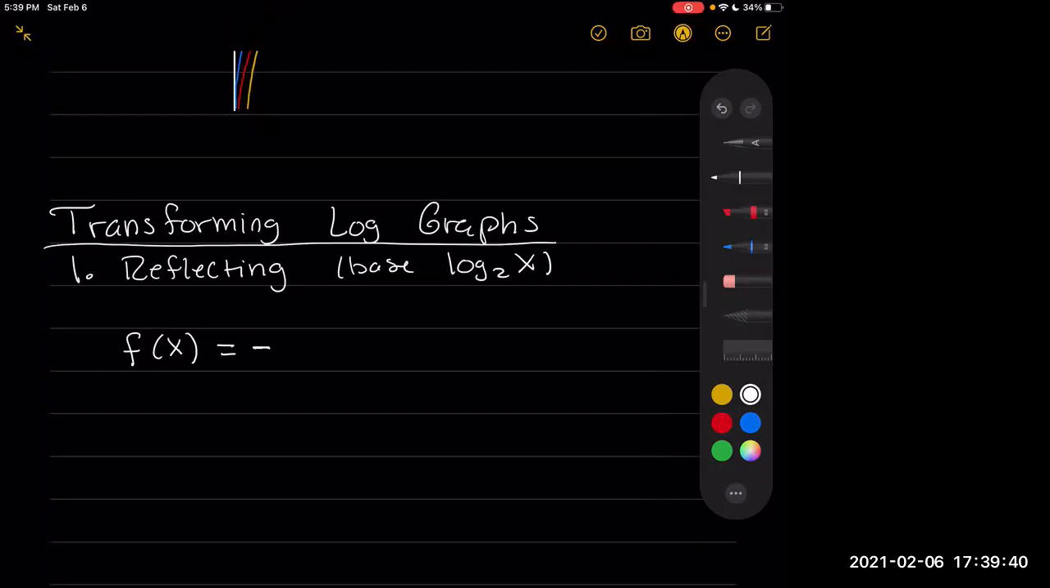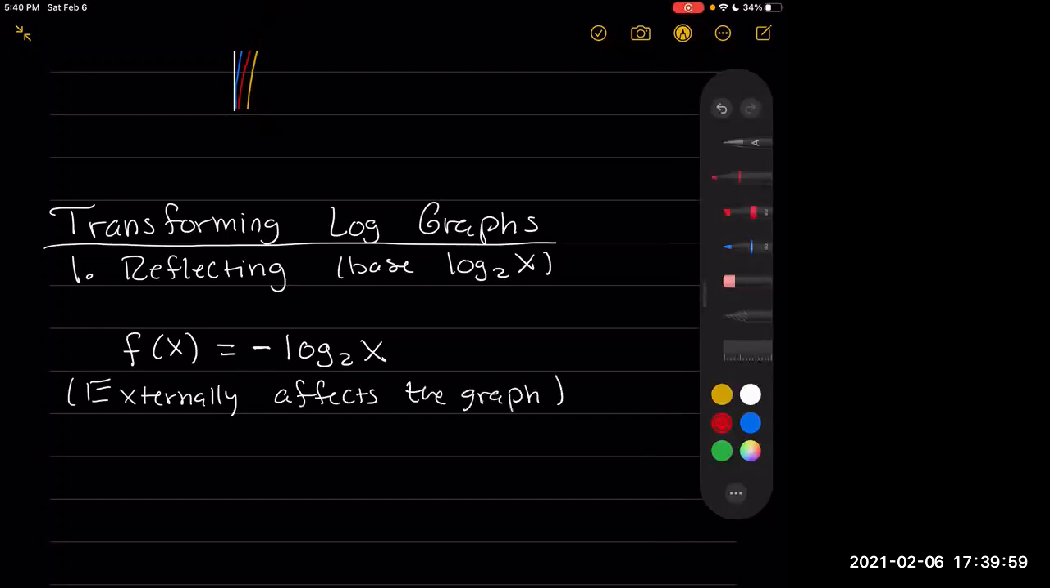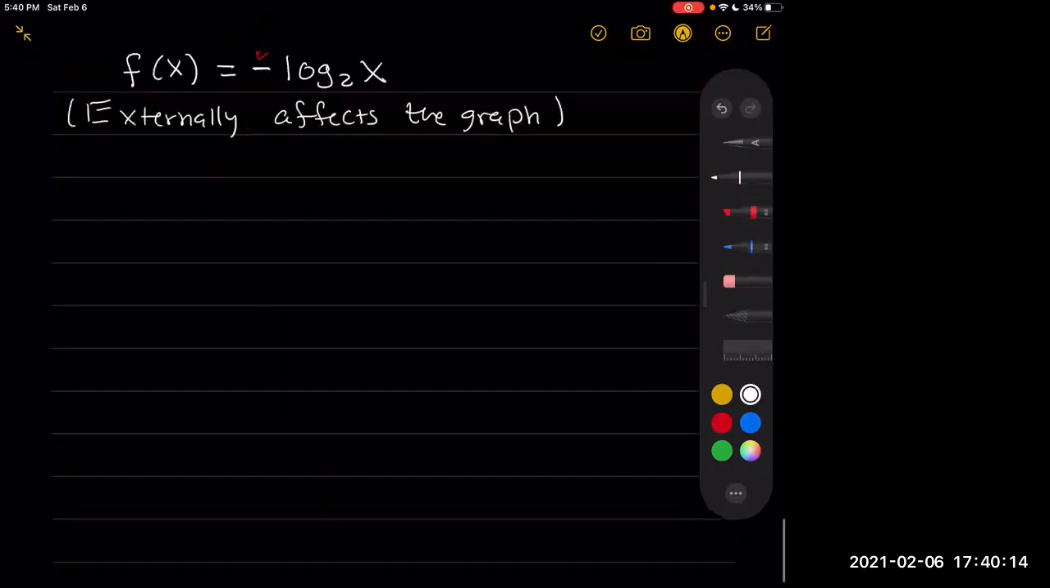So if we're going to look at negative log of 2x, this one externally affects the graph. What I mean by externally is this negative sign is outside of the function. This is the external reflecting part. And what that means is if we were to look at our graphs side by side,